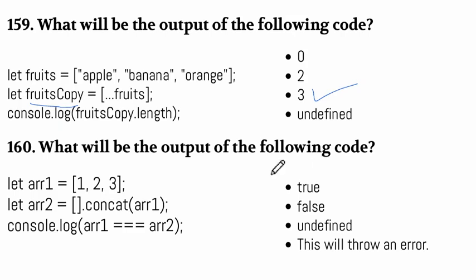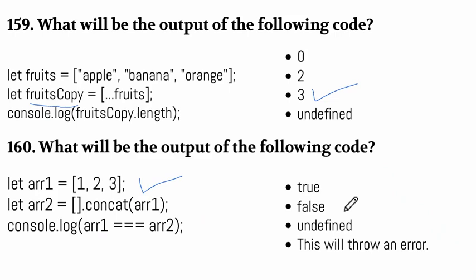Another question, what will be the output of this following code? We have given an array with a numbers data type with the 3 elements 1, 2, 3. Here we have declared another variable named array2, and inside that we have given empty brackets, dot concat method. Dot concat is used to add a white space between the strings. So array1 we have used inside the concat method, and inside the console.log array1 is strict equality to